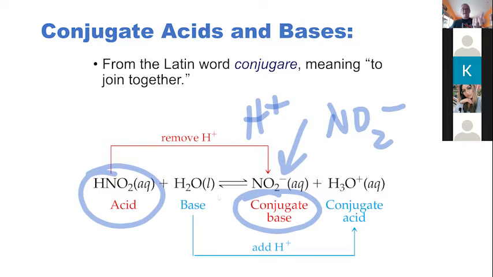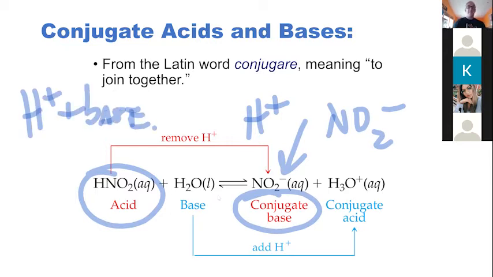So every acid has a conjugate base attached to it. So it's H plus a base, and bases are OH minus plus an acid. So when a base dissociates, you get OH minus and its conjugate acid. When an acid dissociates, you get H plus and the conjugate base, okay? So in this instance,